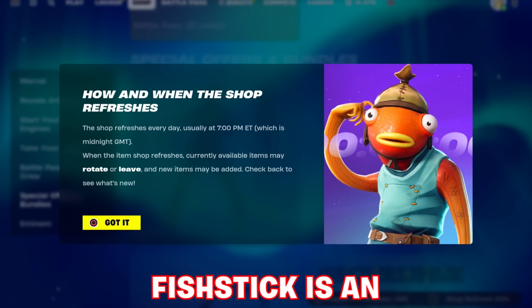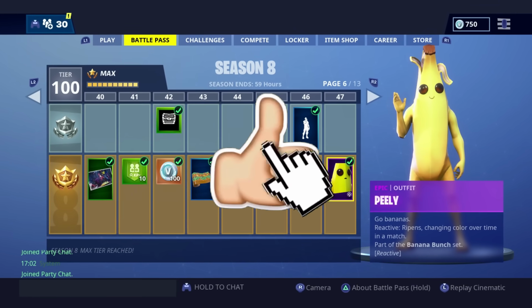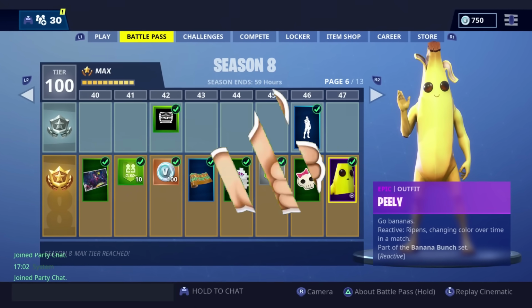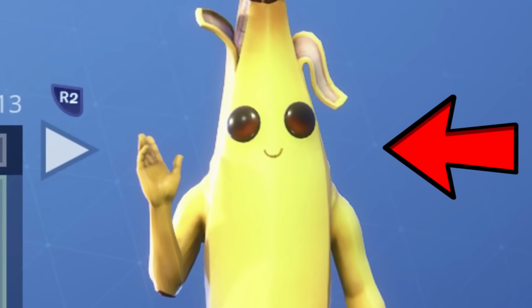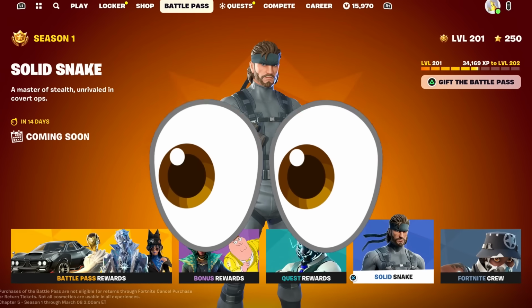I'm just kidding, of course, Fish Stick is an item shop skin and Peely isn't. Can we just get a like for overall tier 40 27 in the Season 8 of Chapter 1 Battle Pass, where Peely was initially born or introduced to Fortnite as a character. Back then the Battle Pass looked so different, but as for looking at this one anyways,